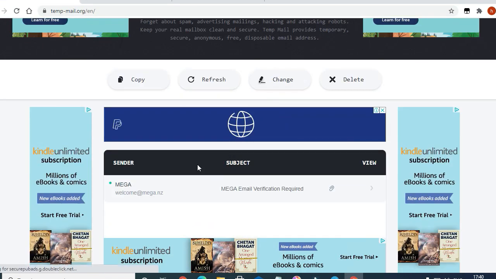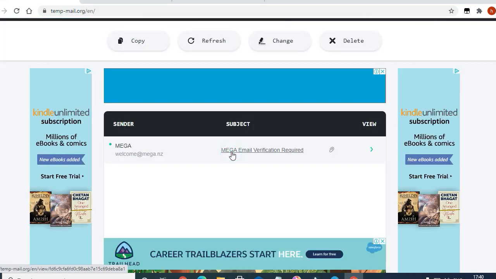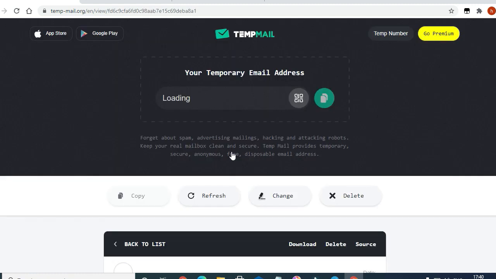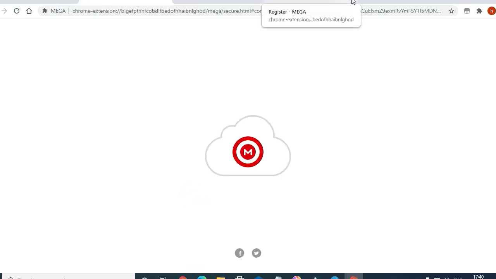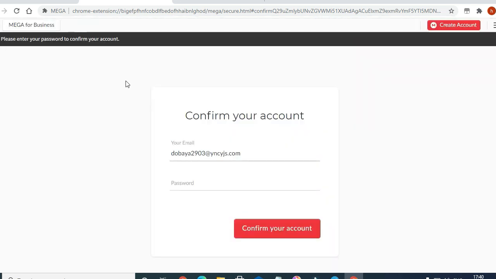Now there is an email, and you just have to verify it. Verify my mail. The password is also the same as you know.